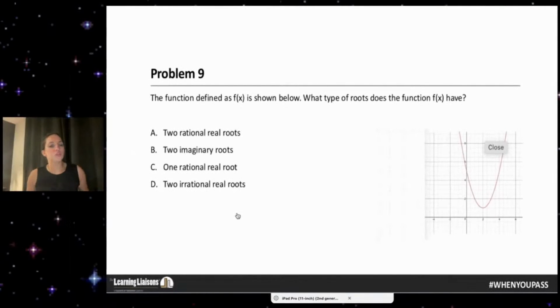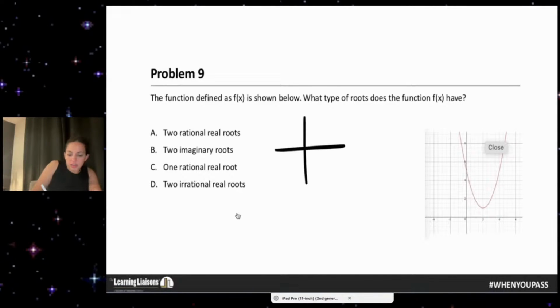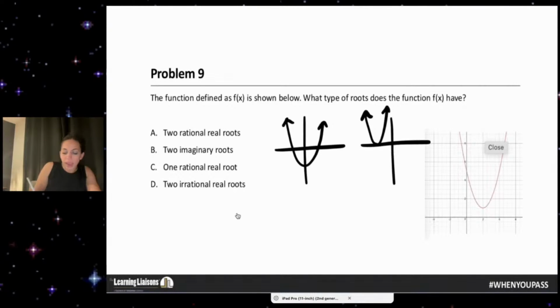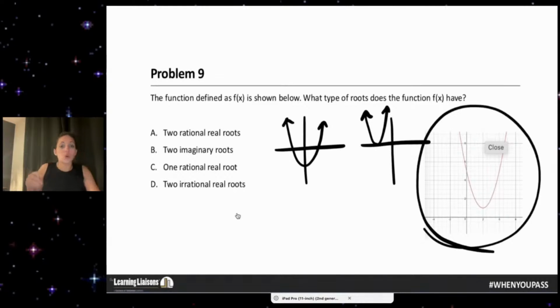So for my middle school and high school people, even my Praxis Core GK people, you need to understand basics of quadratics. So I can have a quadratic equation that does this. I can have a quadratic equation that does this. Or I can have a quadratic equation that does this. Or they can do all of those things upside down.